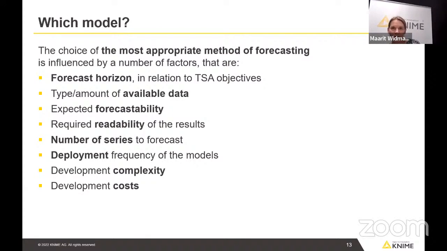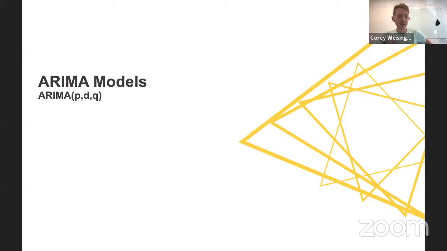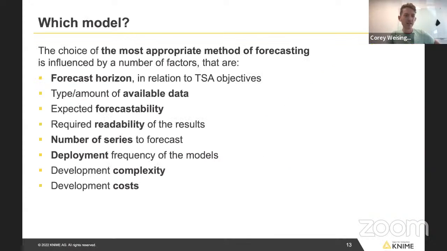So this was actually the part and introduction from my side, and I would now give over to Cory to talk more about the ARIMA models. Okay, thank you, Marit. Yeah, so one of the big reasons that we talk about this slide here, the which model slide, is to